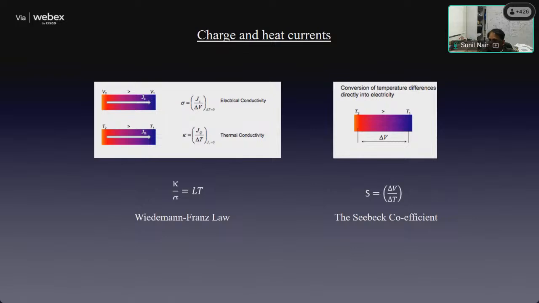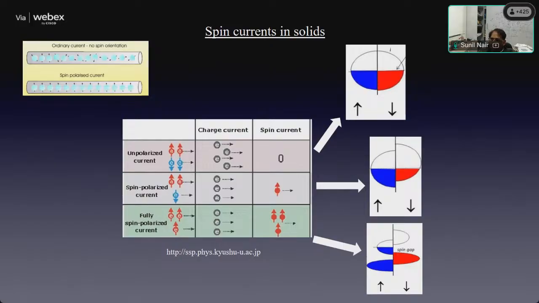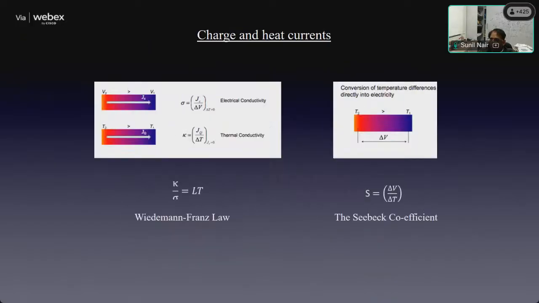And that voltage is characterized by what is known as the Seebeck coefficient, which goes as del V by del T. The Seebeck coefficient, again, is an intrinsic material parameter. Every material will have its own Seebeck coefficient. Every metal or semiconductor will have one, and it is used to characterize metals, semiconductors, and a whole bunch of quantum materials, right? Now, when I'm talking about charge and heat currents here, I'm talking about a simple metal. Okay.